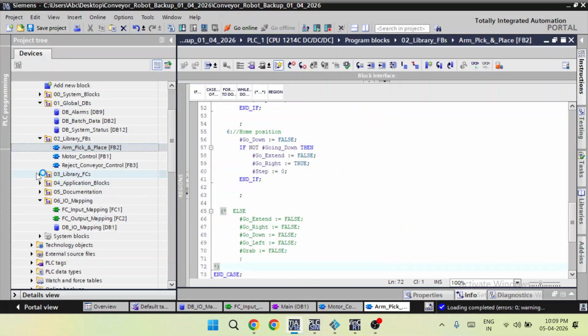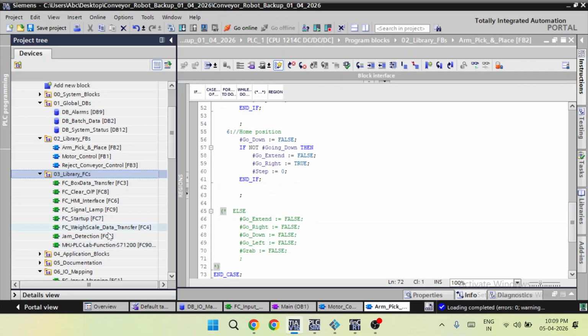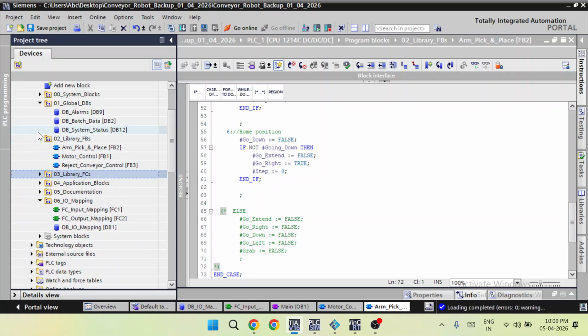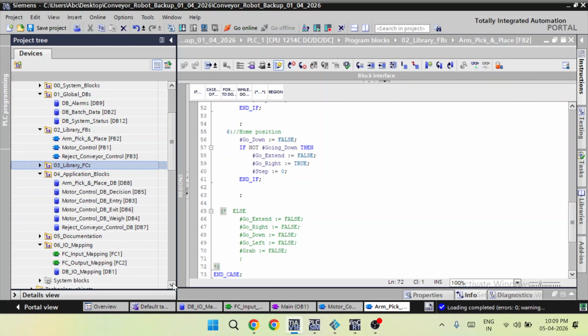And here are the FCs, different kinds of FC, for charm detection, weighing scale transfer, startup logic, lamp detection, and HMI interface clear. For the HMI interface, I have generated a separate DB file for alarm and HMI, so the data will not mismatch. And here are the application blocks where all the FB instance DBs will be saved, and it's working properly. Now in the HMI,